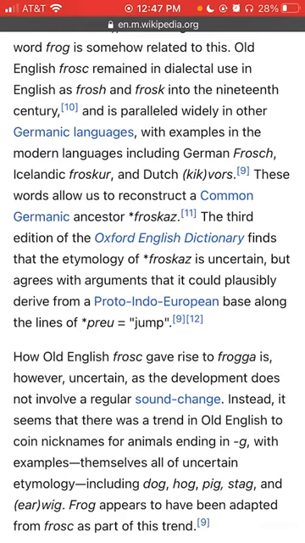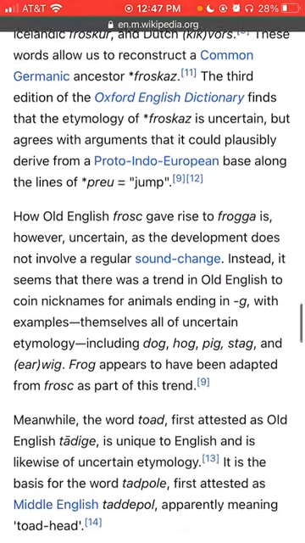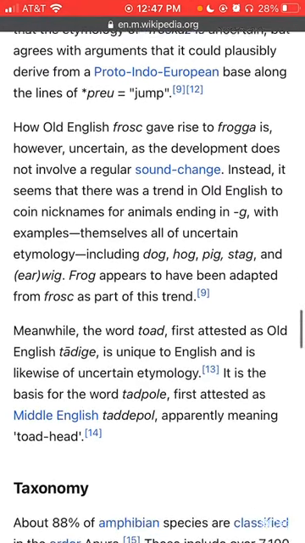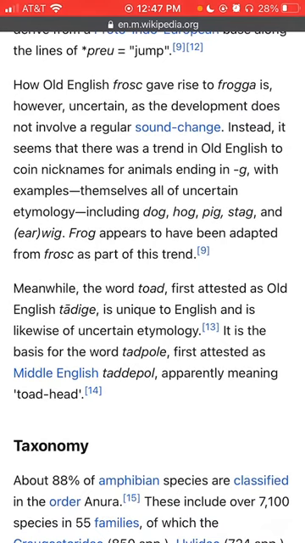The third edition of the Oxford English Dictionary finds that the etymology of *froskaz is uncertain, but agrees with arguments that it could plausibly derive from a Proto-Indo-European base along the lines of *preu-, meaning to jump. How Old English frosc gave rise to frogga is, however, uncertain, as the development does not involve a regular sound change. Instead, it seems that there was a trend in Old English